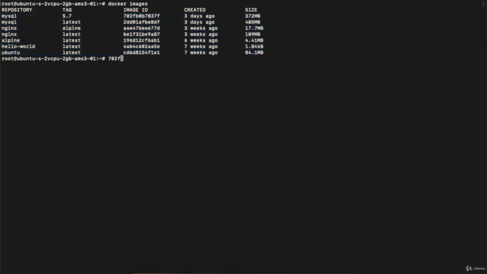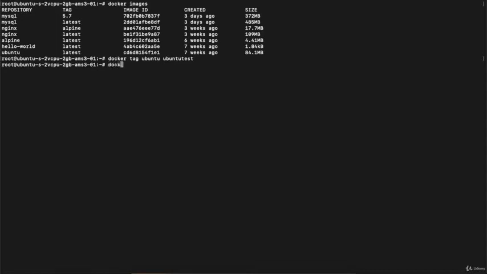Now suppose I want to tag my Ubuntu image with a specific name. I will execute the command docker tag, specify the source image name which is Ubuntu, and then specify the target image name. Suppose I'm defining ubuntu test. Hit enter and it's done.